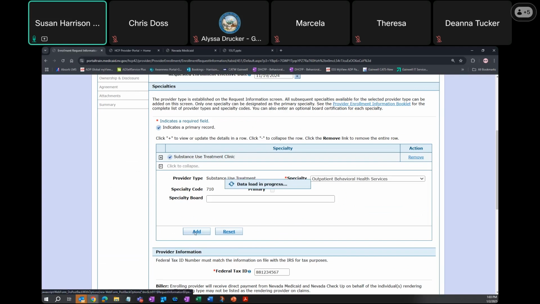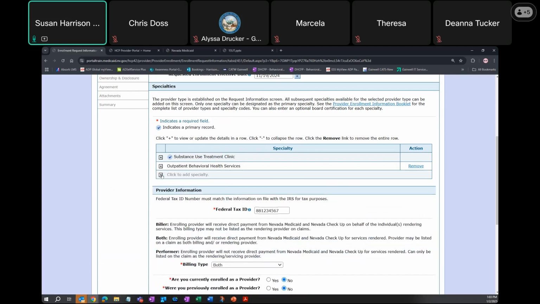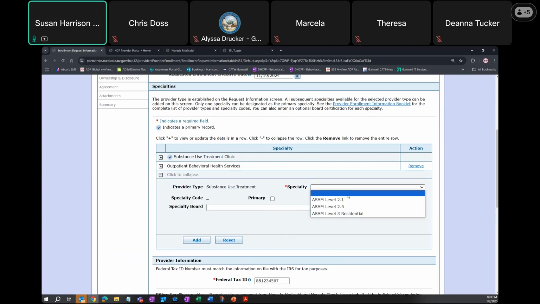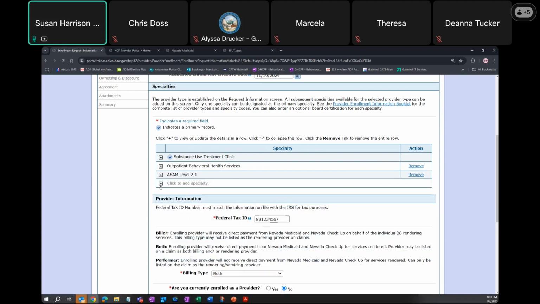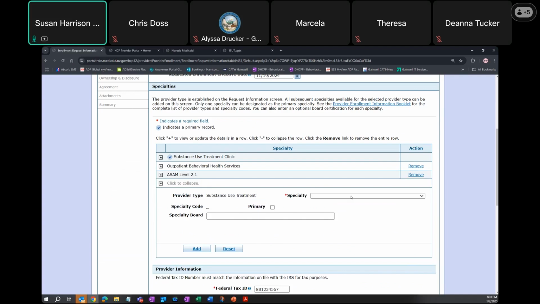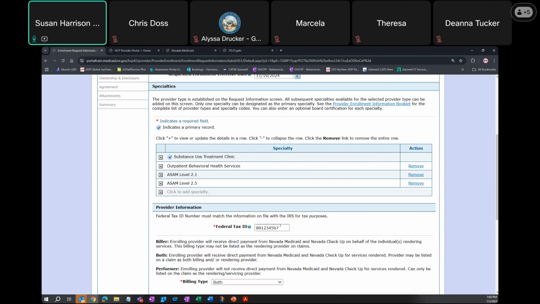I'm also SAPTA certified to do level 2.1. And I'm also SAPTA certified to do level 2.5. You can add all of them here if that's appropriate. Just know that on your enrollment checklist for the 707 group, you need to make sure that you're indicating the same ASAM levels of care on your checklist, page 2, I think, or bottom of page 1, top of page 2. You need to make sure you're checkboxing the same ones that you're adding here, so it should